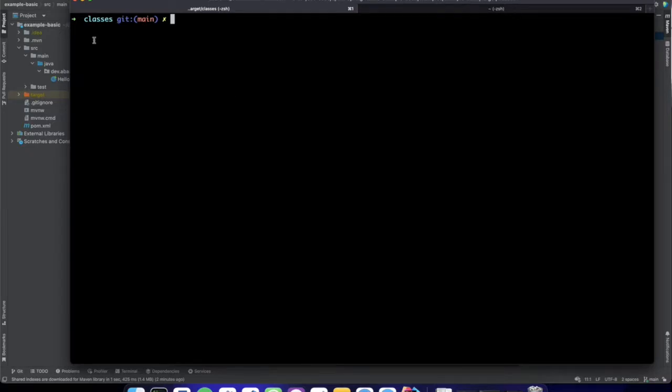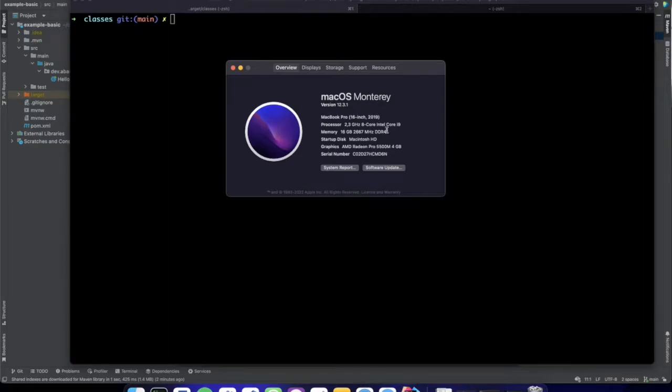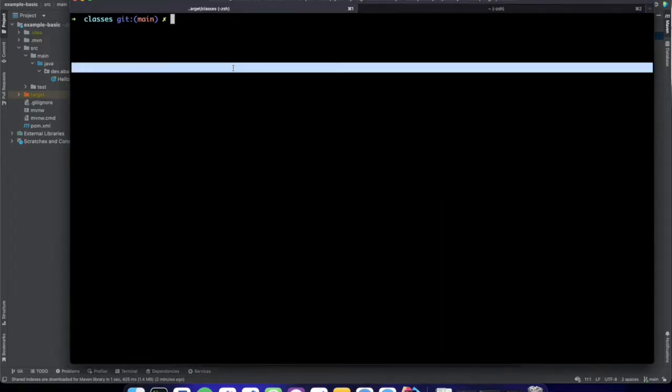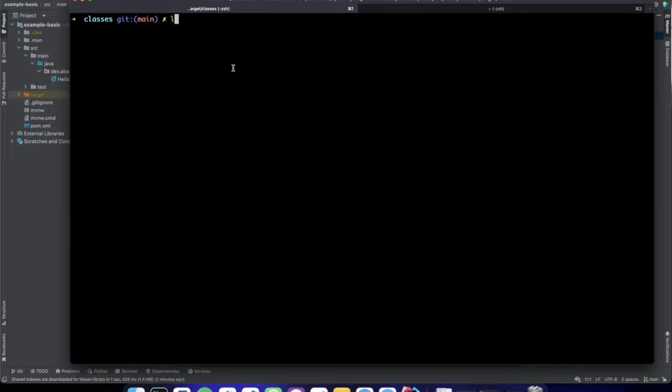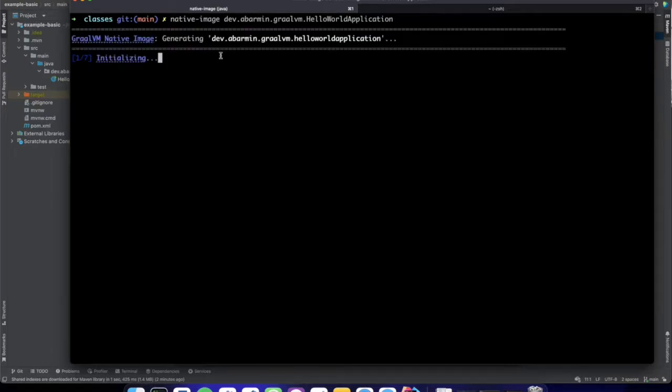And before we proceed, I'd like to demonstrate some specification of the hardware I'm going to use. As you may see, it is Core i9, 8 cores, 16 GB of RAM, quite a powerful machine. And please note, while it is working, it is not as quick as it could be. Compilation, building of native images takes time. So what's happening while I'm talking about it? Compilation goes, and I'm building a native image